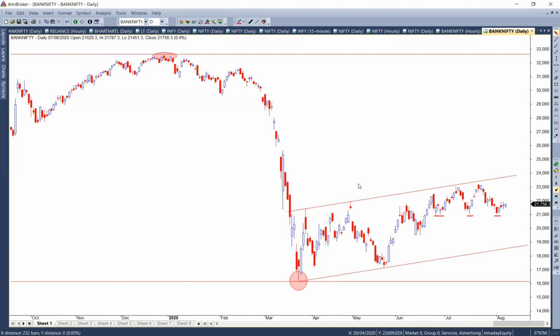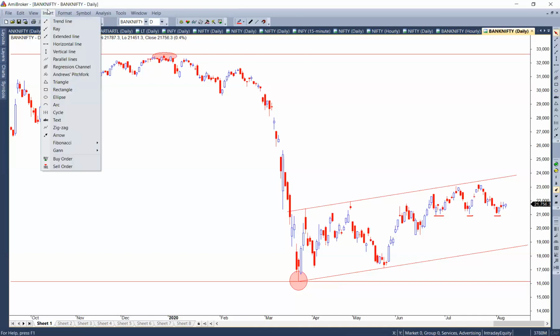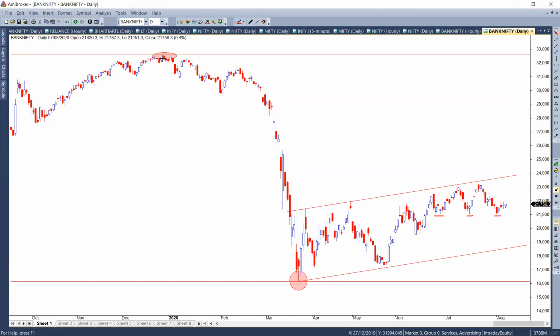Now I have a channel and I have extreme points. If I have to understand how much Bank Nifty has moved up compared to the fall, I can introduce a Fibonacci retracement. So if I go to insert Fibonacci retracement, which points do I connect? The highest point here and the lowest point.